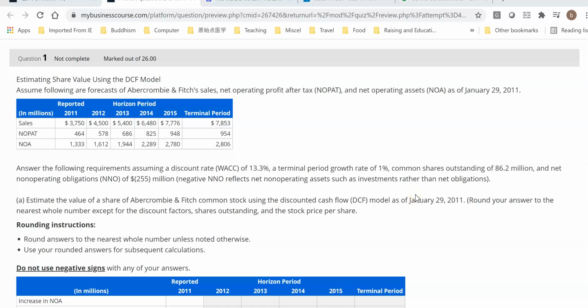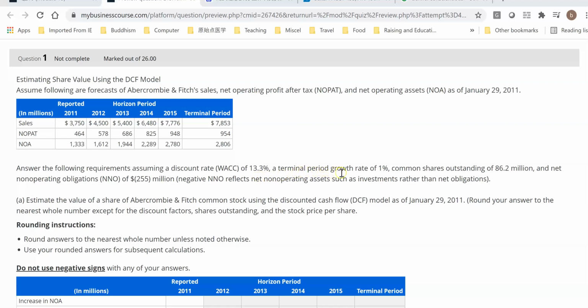This is question number 4 on QZ10 for module 13 on the cash flow based valuation. So this question is about estimating the share value using the discounted cash flow model. We're provided with sales, NOPAT, and NOA for different years, and the years are divided between the horizon period and the terminal period. And then we're provided with the WACC,